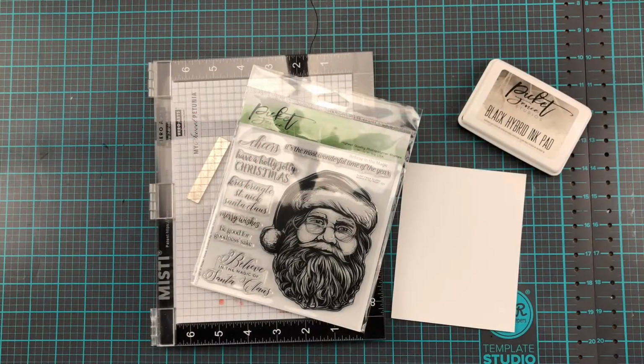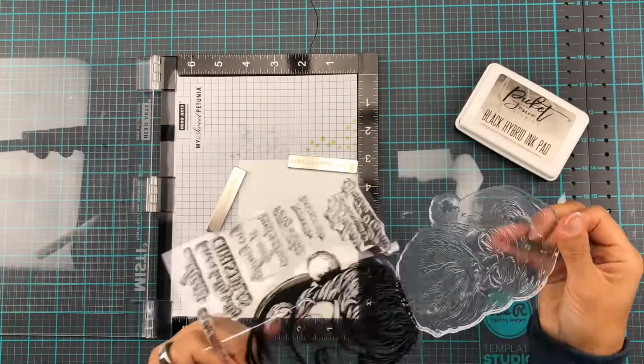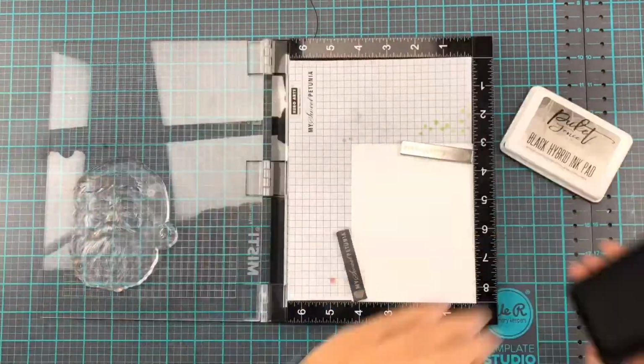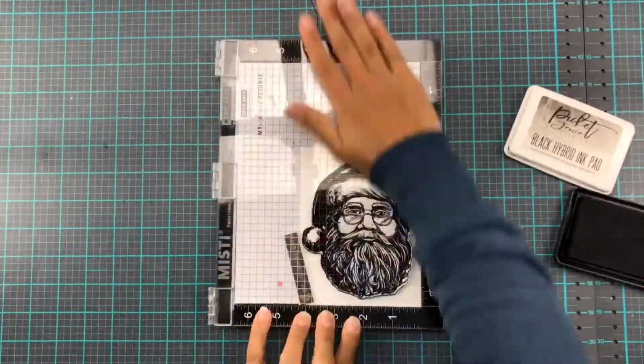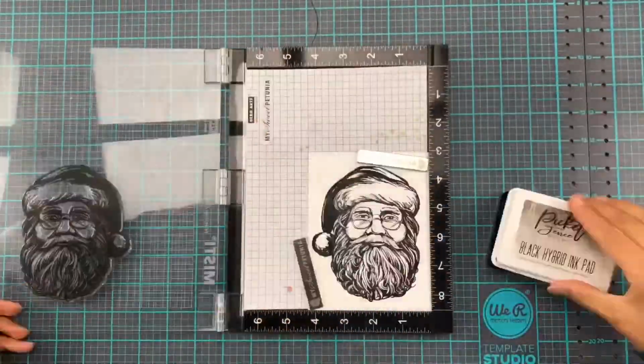Just plain old Erica. However, we're going to be playing with Santa Claus today. Because we're just a few days away from Christmas, I decided to do a Santa card. Because, why not? So I stamped up this fabulous big Santa from Picket Fan Studios, and I used black hybrid